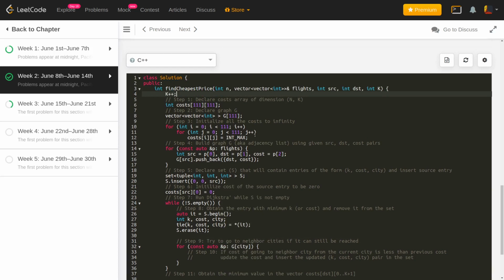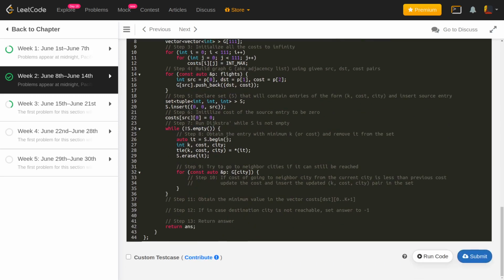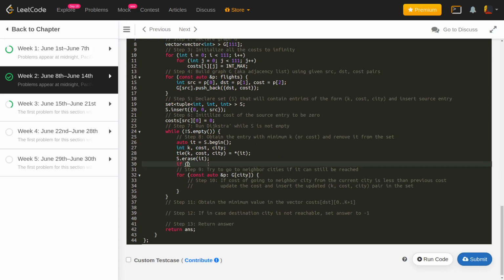Okay, because as we already saw, the destination can actually be at the position of k plus 1, so I've just increased the k, and that's the location of the destination that we can have. Okay, so if we have already covered all the cities that we can, that basically means that k equals the capital K, right? And if that is the case, then we actually cannot go to the neighboring cities.